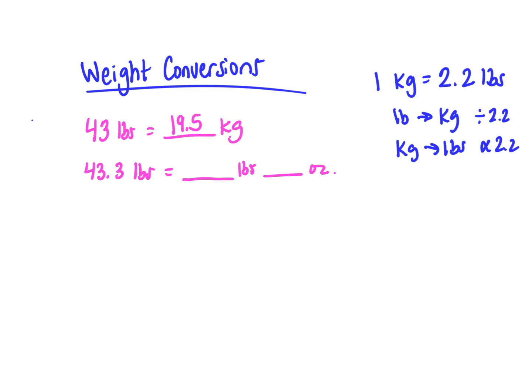But what if you need to convert 43.3 pounds into pounds and ounces? Well, we have 16 ounces equals 1 pound, okay? So you're going to take your 0.3 here, that's 0.3 of a pound. But we need to know how many ounces is that. So you're going to multiply that by your conversion factor here, which is 16, okay? And when you multiply that, that will give you